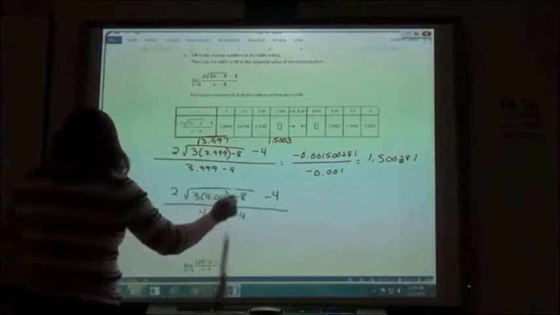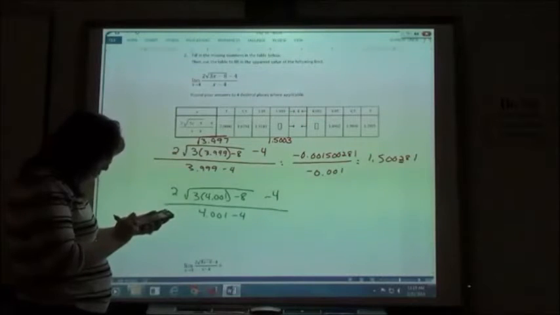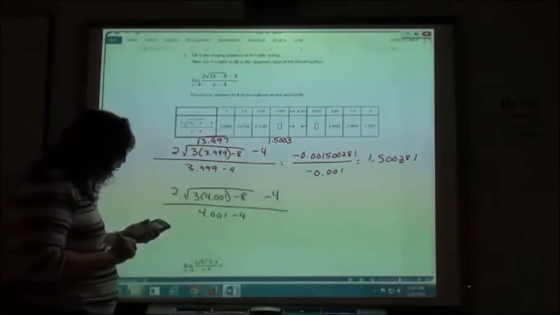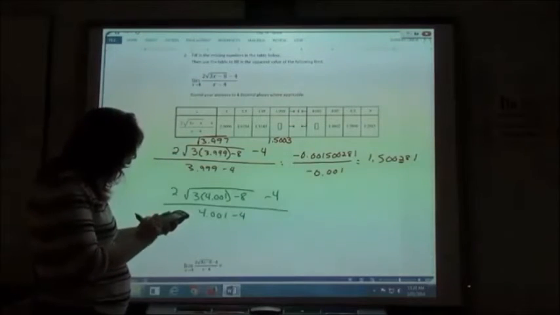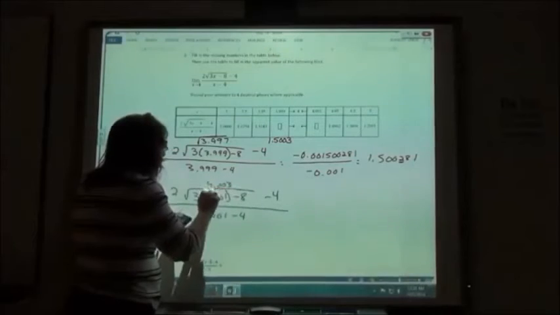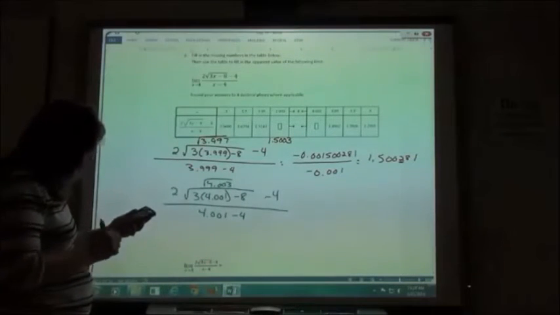So again, I'm going to start underneath the square root. 3 times 4.001 gives me 12.003. I'm going to minus the 8 from that. Gives me 4.003. I've got to take the square root of that. So square root of my answer gives me